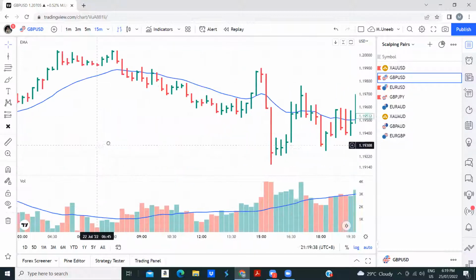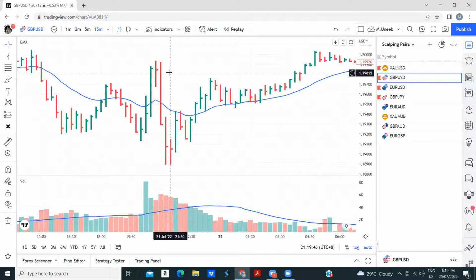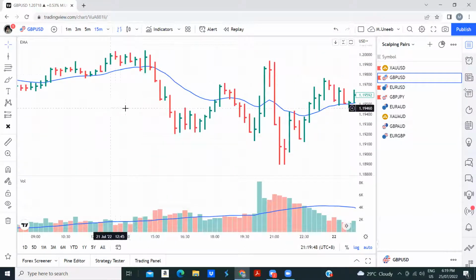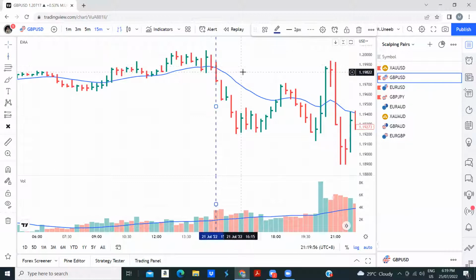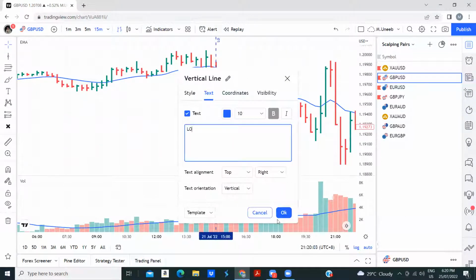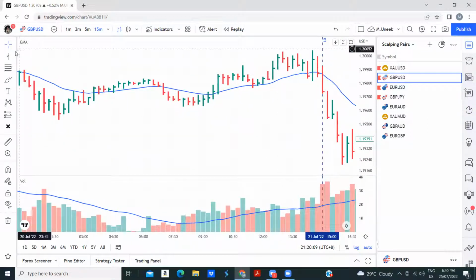So 21 and 20, right? These two. 21 and 20. 15-minute time frame. Okay, so let's start by marking the range here. This one, 15. This is the New York Open, right? London Open. So you write down LO, London Open. All right, you mark it. And then where is the overnight session high? Can you tell me? Just help me out. 3 a.m., 3 a.m.